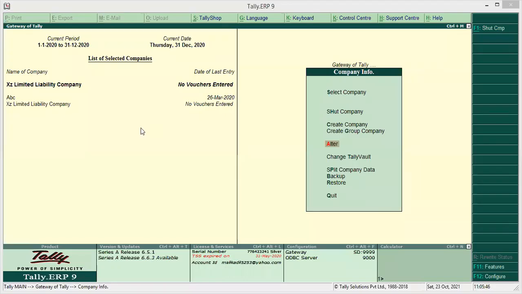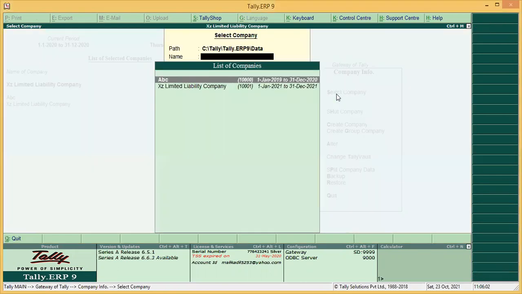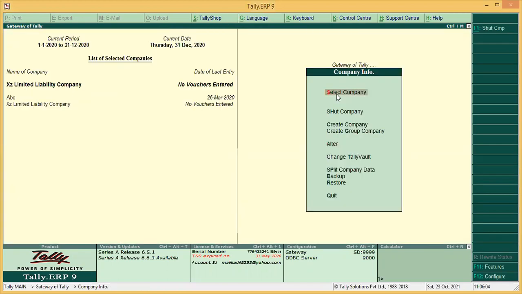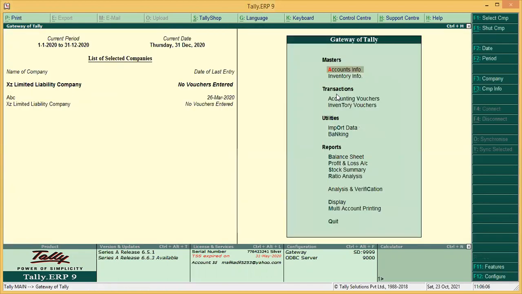Hi students, in this video we will guide you how to create the ledgers in Tally ERP9. In the previous video we already guided you how to create the company. So the company is in front of you. Once we have already created the company, we will go to the respective company, and here in order to